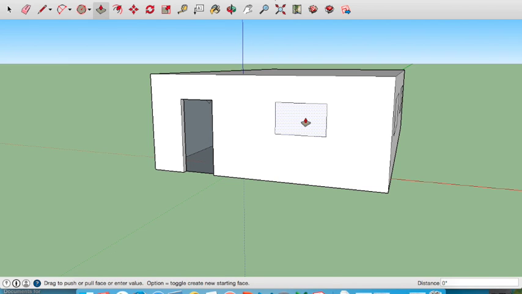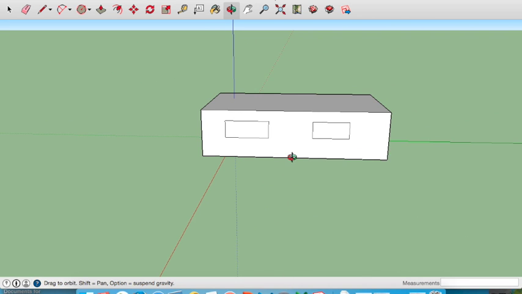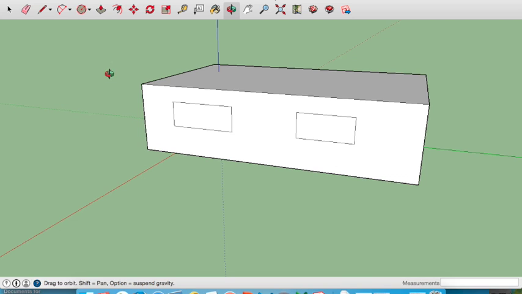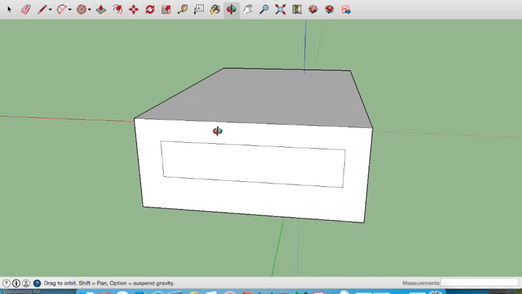Okay, you're going to do that to each one of your windows. Just drag it in a little bit to make an edge. Once you make the edge, you're going to let go and just press your delete button. Okay, orbit around. Remember, if it's hard to see, zoom out really far and then zoom back in. And when you're push-pulling, you want to make sure that you can see the edge so you can see how far you're pushing in. Once you push in, press delete. Do it to your next window. Press delete. Okay, go to your orbit, spin around,